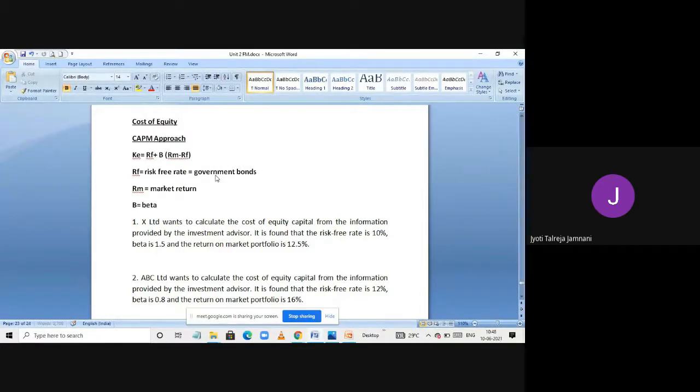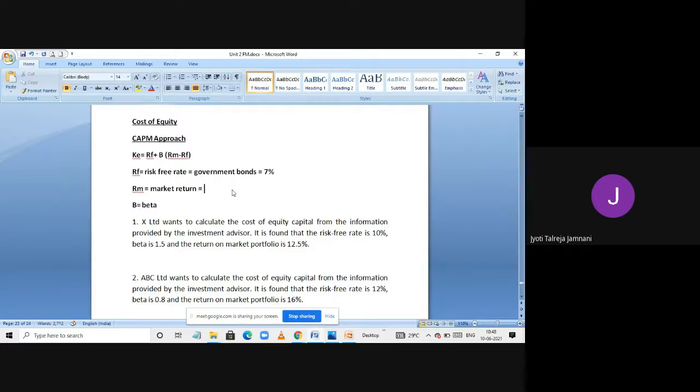Okay, where there is no risk. Government is 100% going to give your money back. Now, these bonds, when they are risk-free, their rates will also be very low. So suppose you are earning 7% on government bonds. This is the risk-free rate.